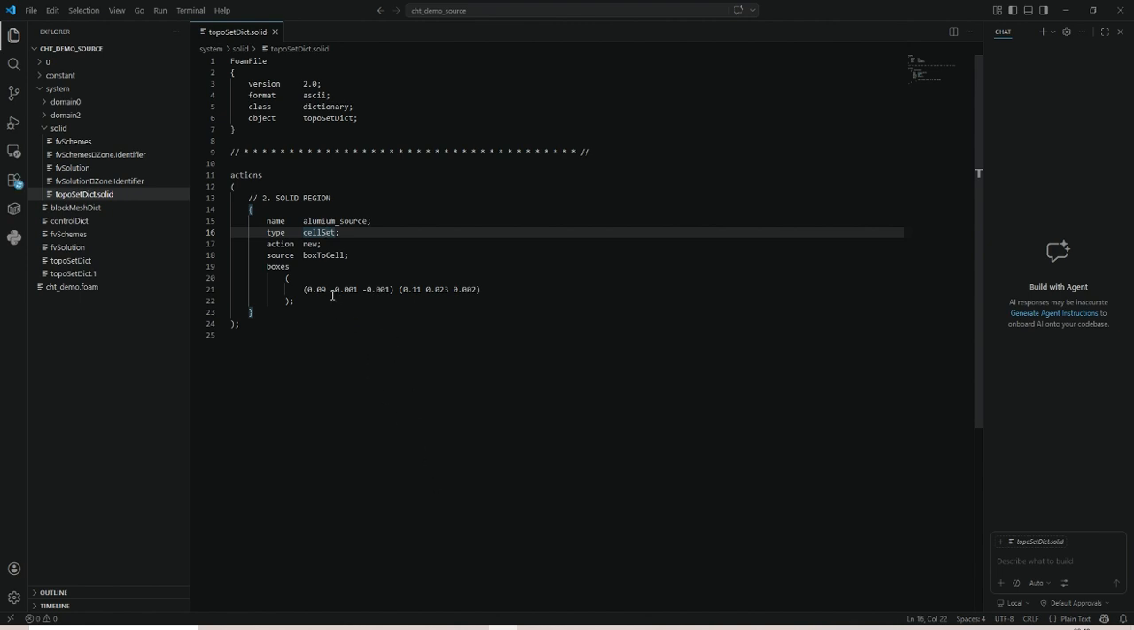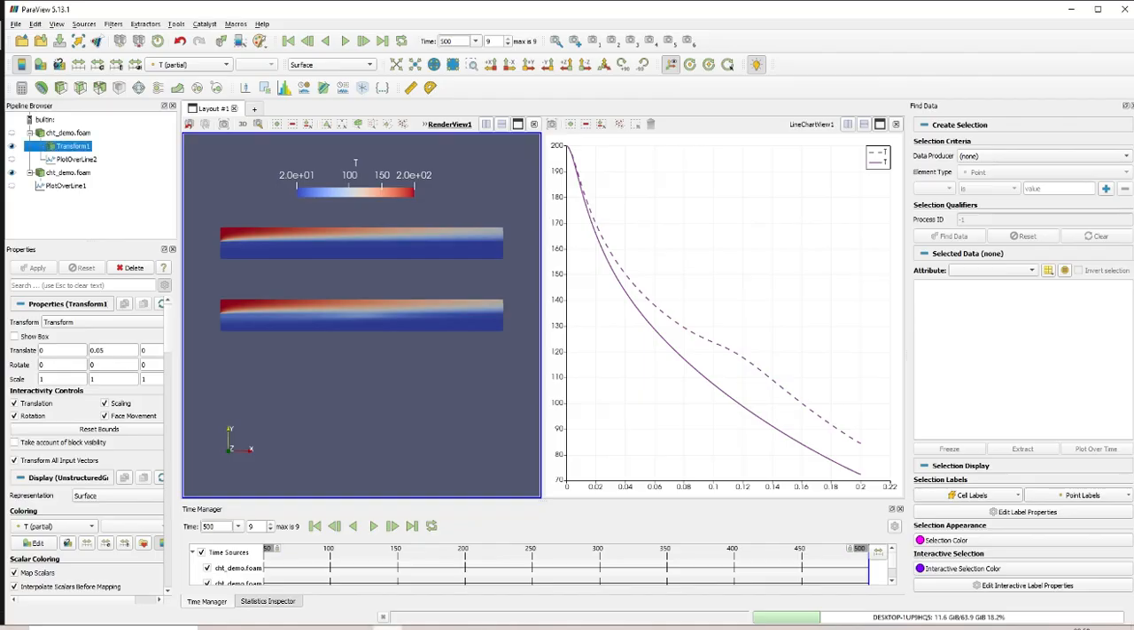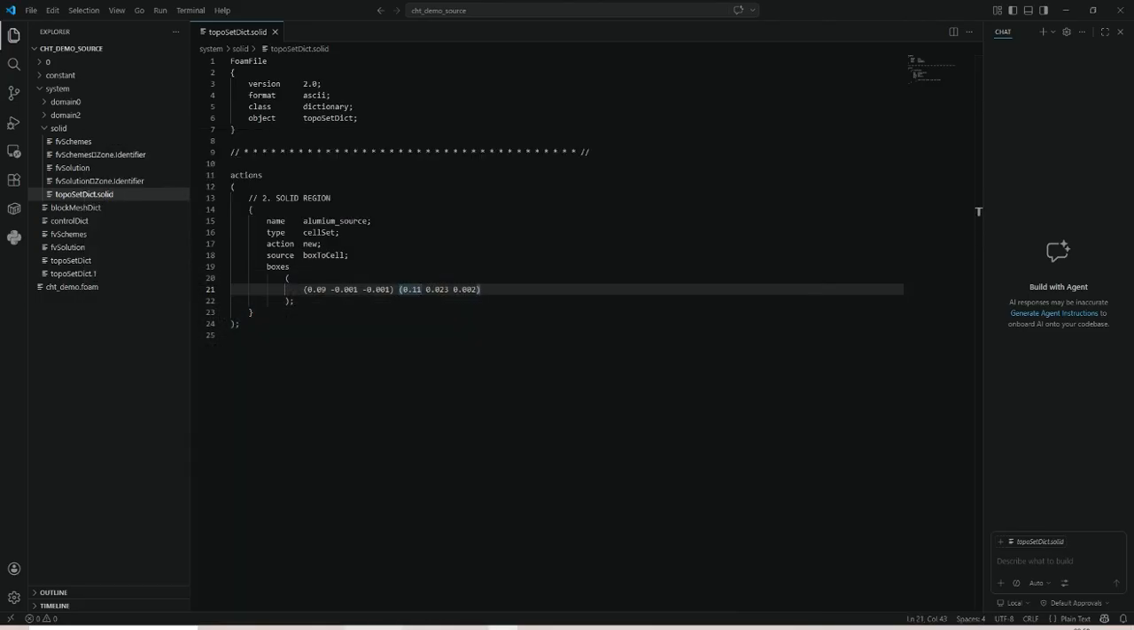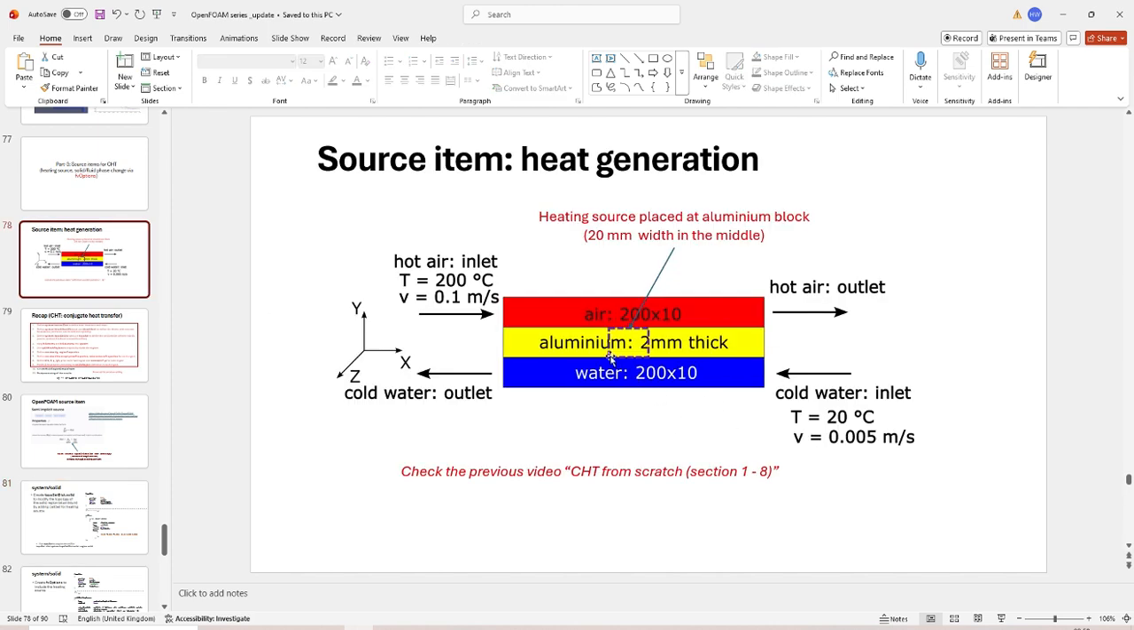What I want you to see is only the x, so x from 0.09 to 0.11. My domain is from 0 to 0.2, so the center is 0.1. So left and right, it will be 0.1 millimeters. I will use that to construct the region